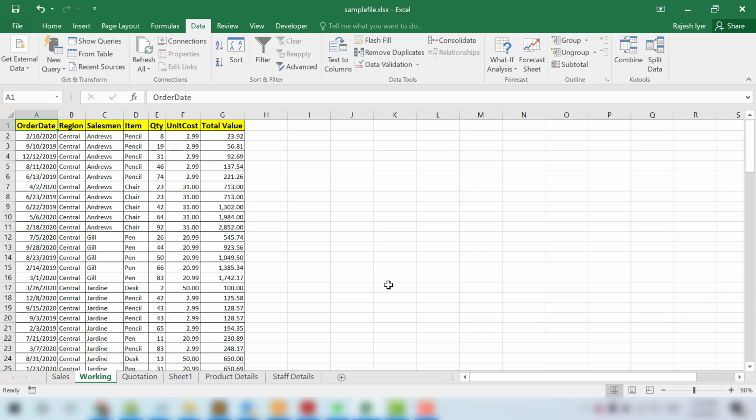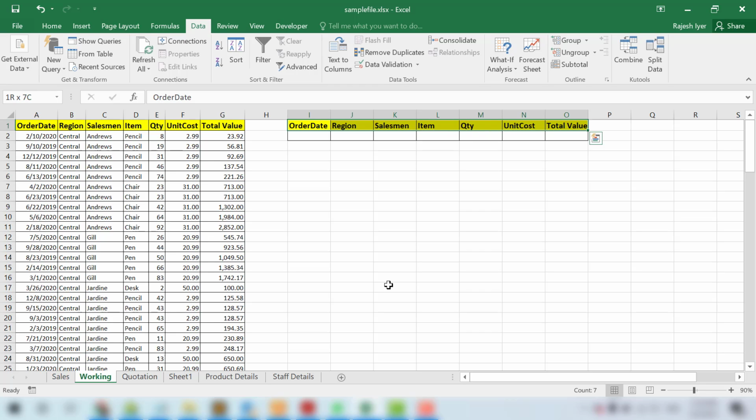First I will remove the filters, and now I have to maintain the same column names in a separate place. So I'll just copy these values separately, and I can remove all of these rows. So basically we will have to keep the column names as is. So this is going to be our criteria range. How the advanced filter is going to work is it is going to pull up the data from here based on whatever criteria we are giving here, and it can paste it to a new location wherever we want to keep it. So copy and paste, basically filtering the data.